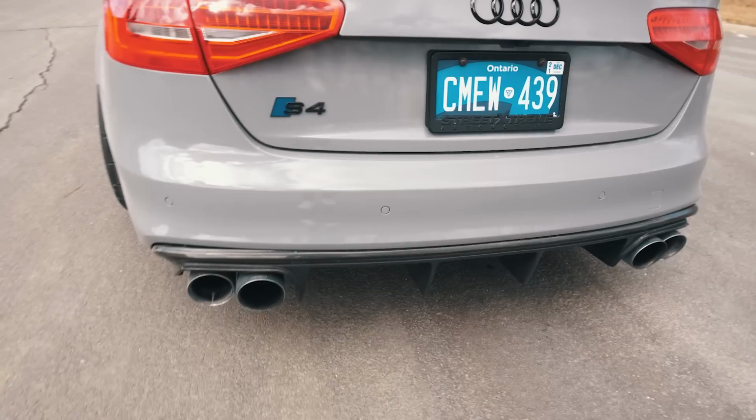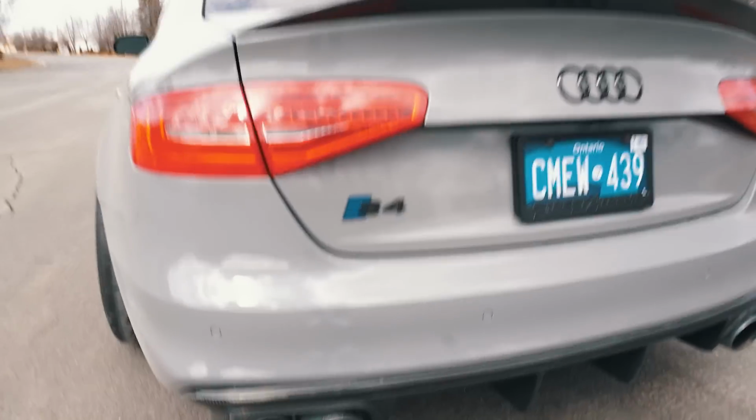But let me show you guys what it looks like on the car. I mean, it looks fantastic. It sounds even better. So I can't wait to share with you guys all the sound footage and all of that. But let me turn the camera around and show you guys. This is the ECS Tuning exhaust system. As you guys can see,